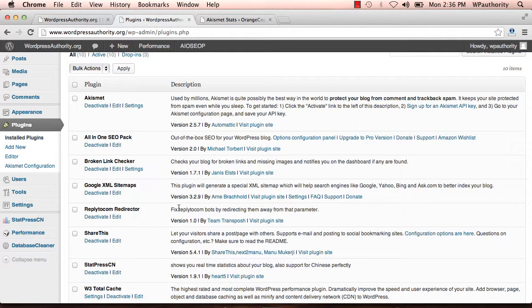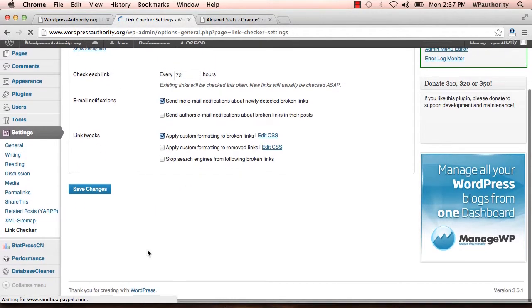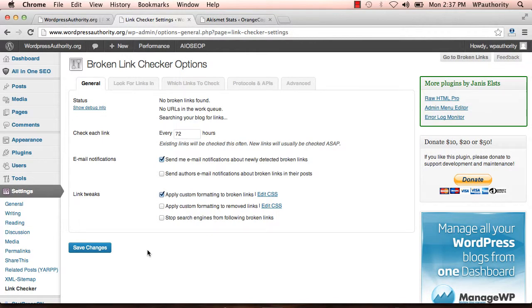But it is very difficult to manually check each and every link when you have a lot of content. In such cases, the Broken Link Checker plugin helps you automatically identify which are the broken links. It has an option to automatically identify the broken links, and you can delete or unlink those broken links one by one. Also, please note that broken links are bad for search engine optimization. So it penalizes your blog when you have too many broken links.